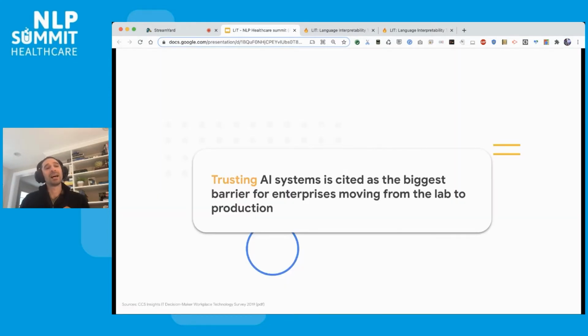And bringing it back to AI, another big piece is that enterprises, when they're building AI solutions, the biggest barrier between moving them from a research lab to a production environment where they're now user-facing is really trusting the system. So in addition to equitable treatment, responsible AI can also enable trust in your models by enabling debuggability, interpretability, and those types of things.